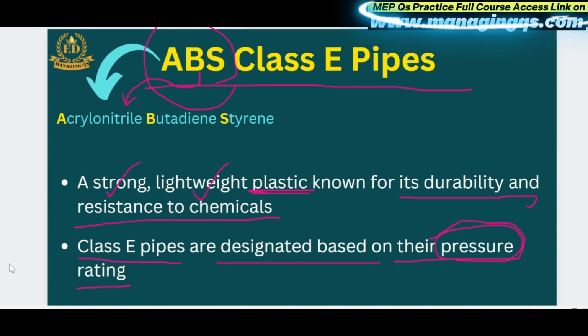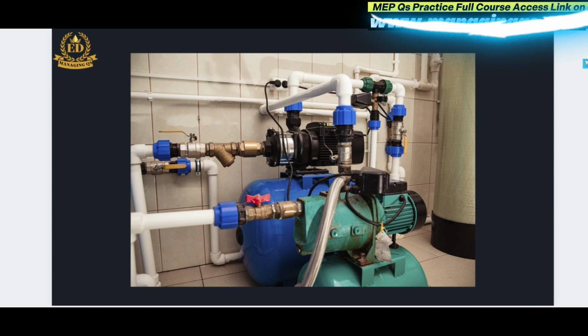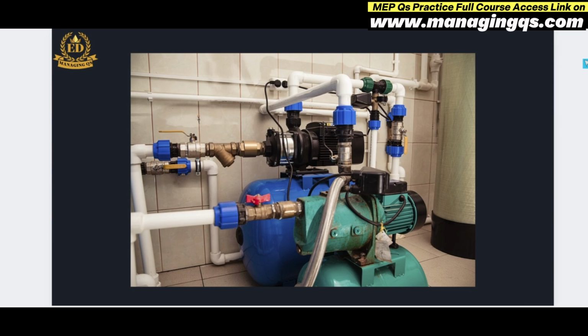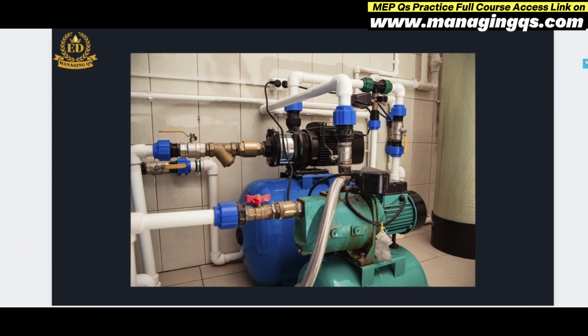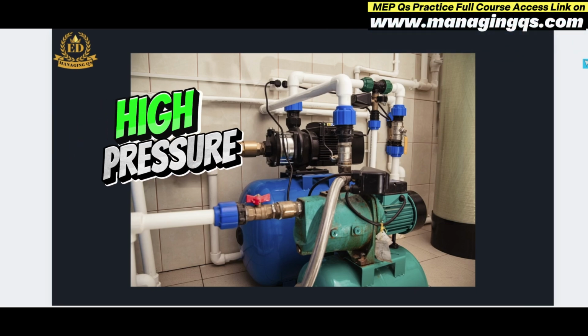The pressure rating means we use this pipe for some special places. That means we use this pipe for pump room areas. We also know very well that in high-rise building projects, the water tanks are placed under the basement area, so we have to supply the domestic water from the basement to the floors. In this case, class E pipe is specially used for carrying water at high pressure from the pump room to